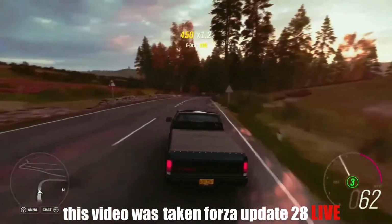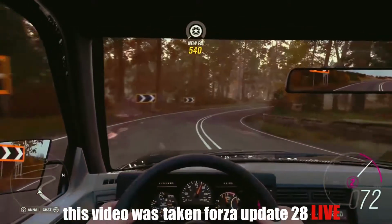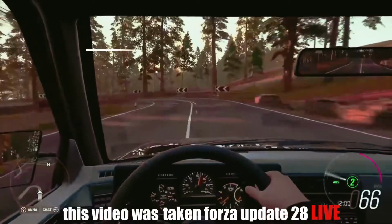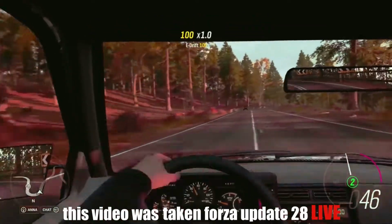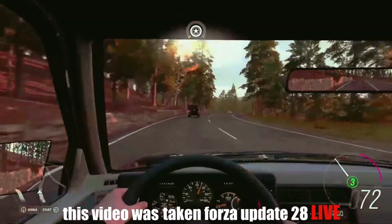Rocking about 280 horsepower and 0 to 60 in about 4 seconds, or 4.5 seconds. That is a truck in 1991 doing 0 to 60 in 4.5 seconds, which is absolutely insane. And all this you could purchase for around $30,000. But that's not all. The Cyclone had a sister car, which if we can click on to the other clip,